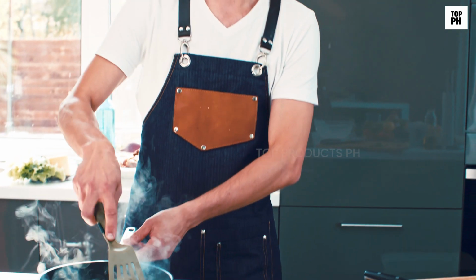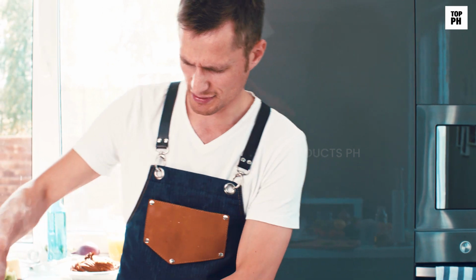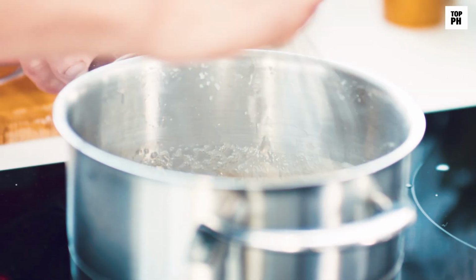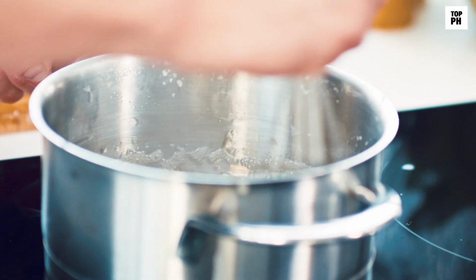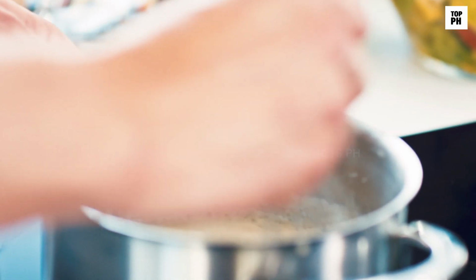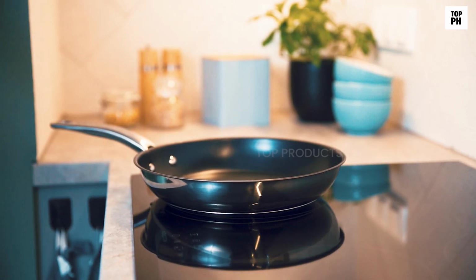Induction cookers have gained popularity in households due to their ability to cook food at a faster rate compared to traditional thermal flame cooking. The unique feature of induction cooking is the utilization of magnetic currents to directly heat the pots and pans instead of the cooktop. If you're interested in upgrading your cooking experience, we've put together a list of the top 12 best induction cookers